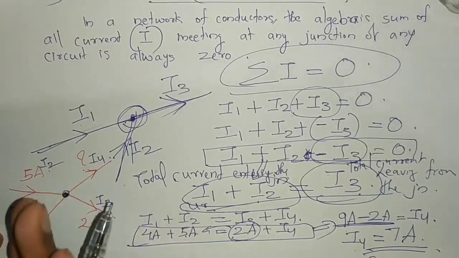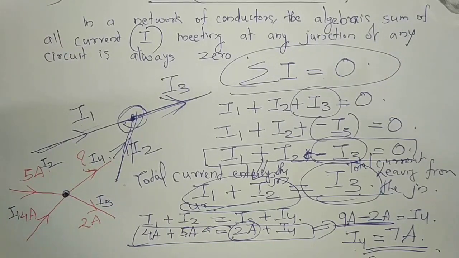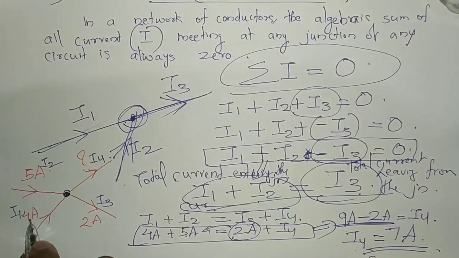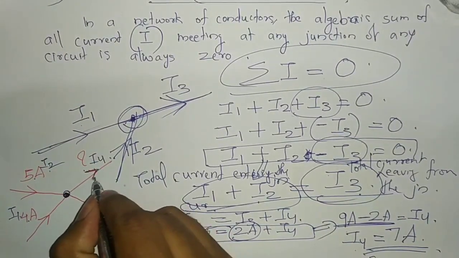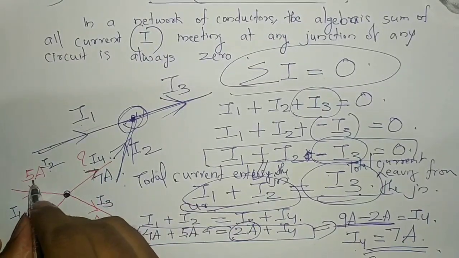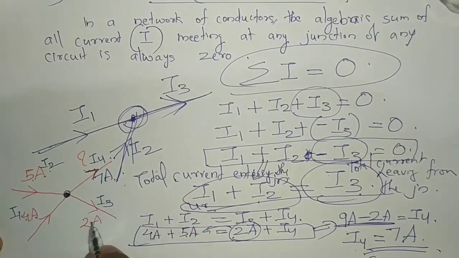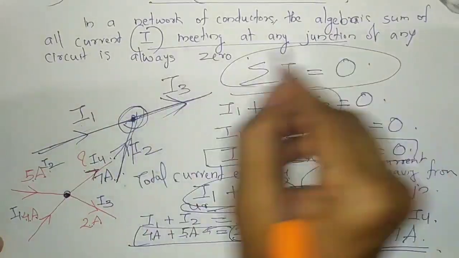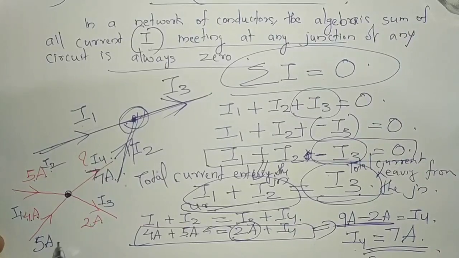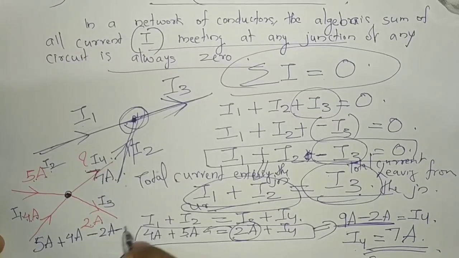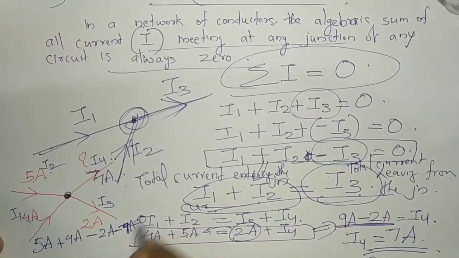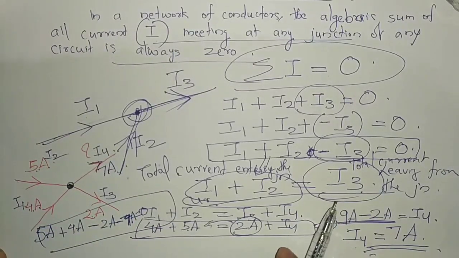Like that, because of Kirchhoff's law, we can easily find out the current values. If the 3 current values are available, or if other current values are available, we can easily find out the remaining current value. So 5 ampere plus 4 ampere will be equal to 2 ampere plus I4 value. So from that equation, we are able to find out I4 value as 7 ampere. Now you can see 5 ampere plus 4 ampere, 9 ampere, and 7 ampere plus 2 ampere, both are 9 ampere. Or according to this statement, you can write 5 ampere plus 4 ampere, and for the current leaving the junction, you can put a minus sign: minus 2 ampere minus 7 ampere will be equal to 0. These are the two statements of Kirchhoff's first law.